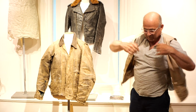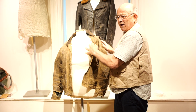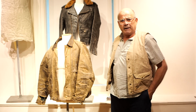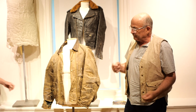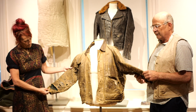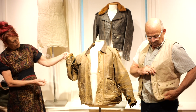Both of these garments were made by Filson, they call themselves the Filson Company, I guess. They're based in Seattle, Washington, and they were started in 1897, I believe, to supply the gold rush in Alaska. So outdoors, heavy materials, and one of their signature materials is waxed cotton. Their term for it is tin cloth. They make a variety of cloths. This is also